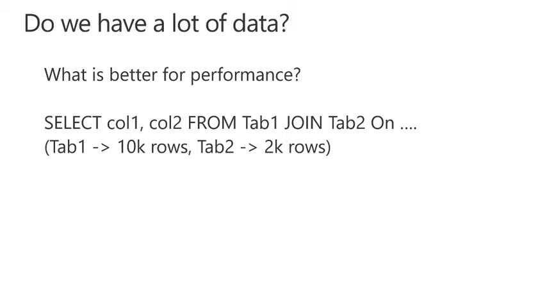What is better for performance? Imagine that you have two tables in your database. Those tables are small. One table has like 10,000 rows and the second like 2,000 rows, so small that you can almost memorize the data. And you have to provide the result of a query which you can see on the screen. You have to join those two tables together and provide information from two columns. The question is,